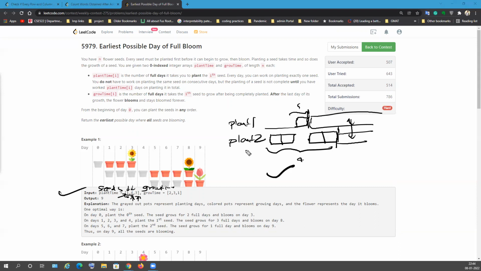And the answer which you have to return is, if the number of days for seeds is given and the growth time for every plant is given after the seed is done, then you have to return the earliest possible day when all the plants will bloom, meaning all the plants will be fully grown. So for example, this you have planted here and it will finish somewhere here, and this you planted here and it will finish somewhere here. So this is the final day where all the plants will bloom.